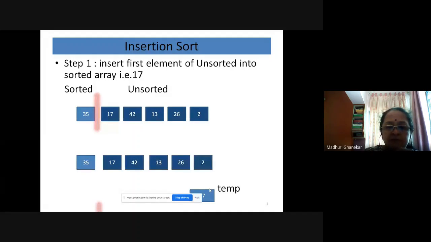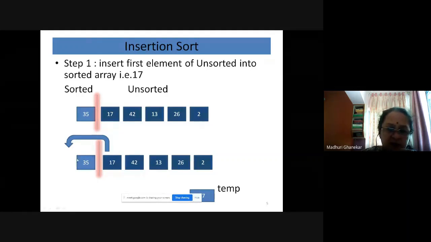Now what we will be doing is we want to add it to this side. Pick up from here and add it to this side. This is one imaginary line in between. We pick up the very first element and add it to the sorted list at the appropriate position.